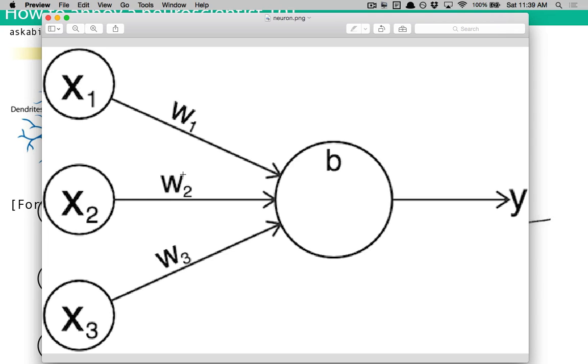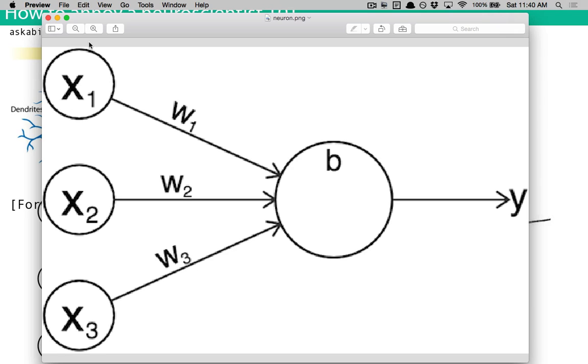But a single neuron works really simply. All it does is it takes these three values. Let's say we're this neuron right here, and there's three neurons connecting to it, and they all have some value, just a regular number value.